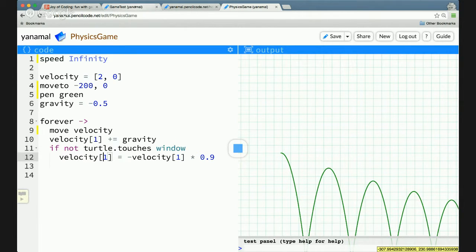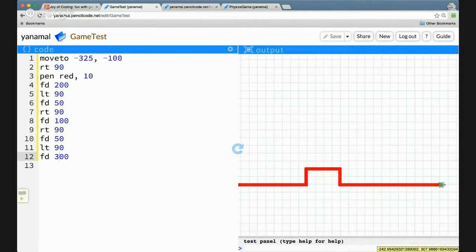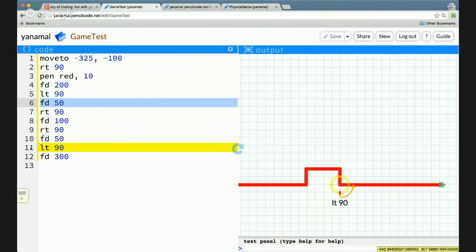I mentioned that I'm going to come back to this one. That's because I want to now take all of this. Oh yes, this also has visual debugging, so you can tell that when it did the move to, that's where it moved, and when it did the right turn, that's where it turned. It's pretty cool. So I'll take all of this,